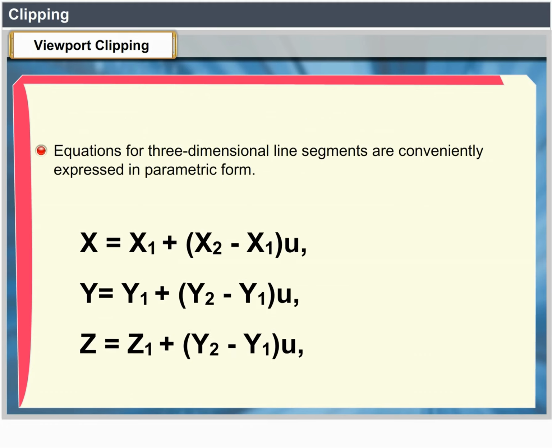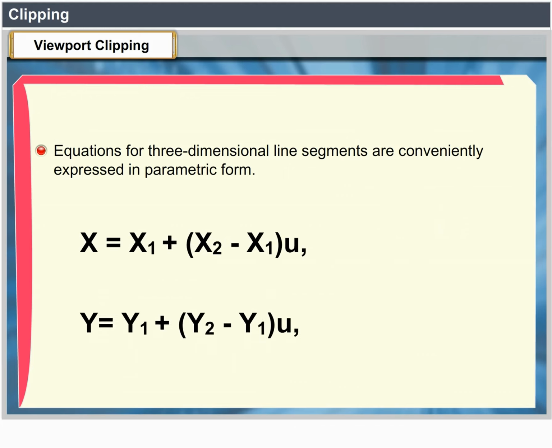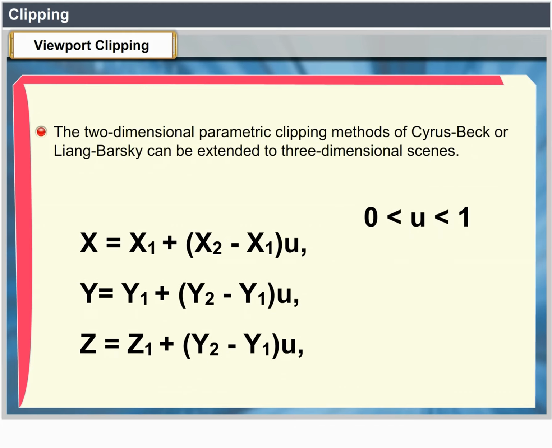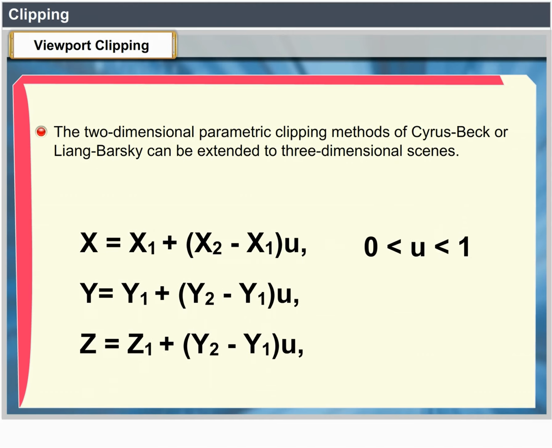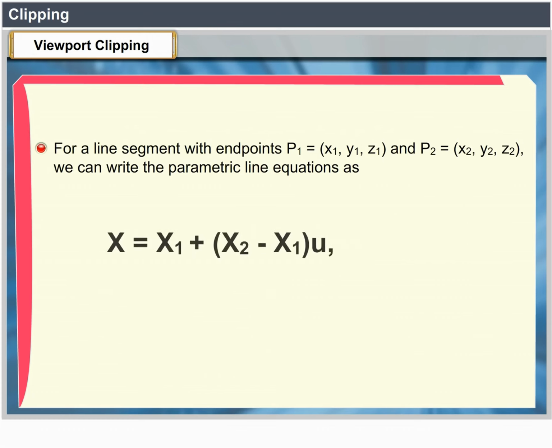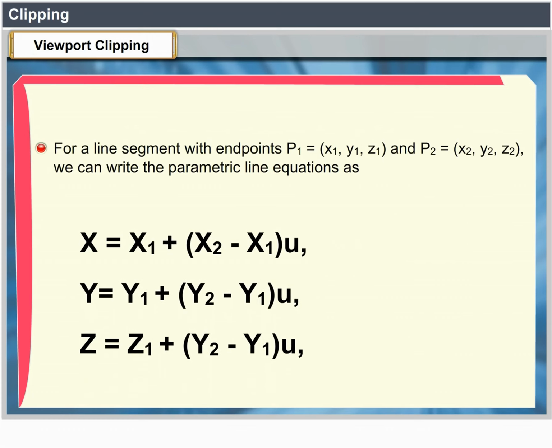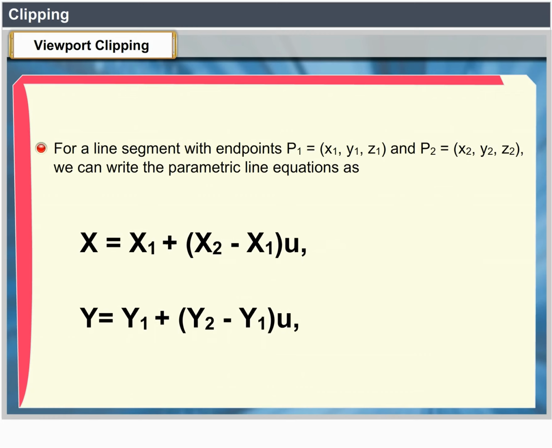Equations for three-dimensional line segments are conveniently expressed in parametric form. The two-dimensional parametric clipping methods of Cyrus-Beck or Liang-Barsky can be extended to three-dimensional scenes. For a line segment with endpoints P1 equals x1, y1, z1 and P2 equals x2, y2, z2, we can write